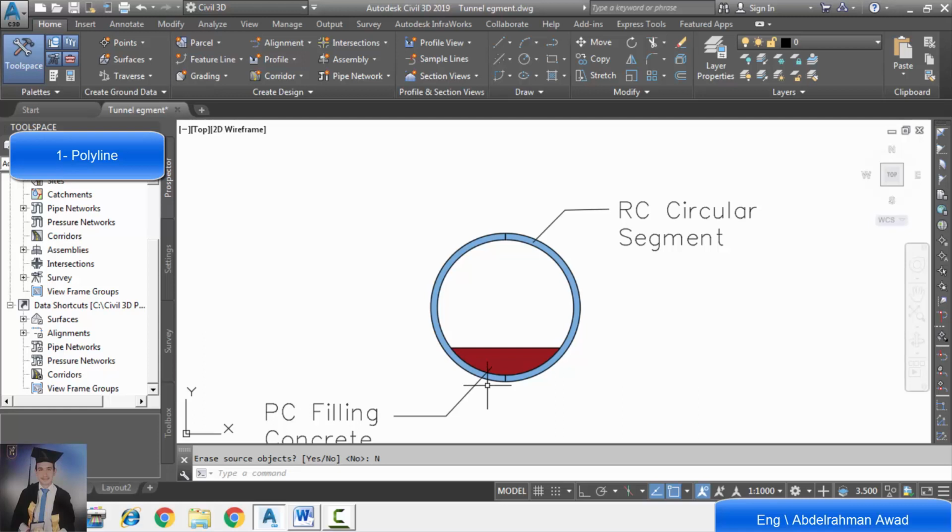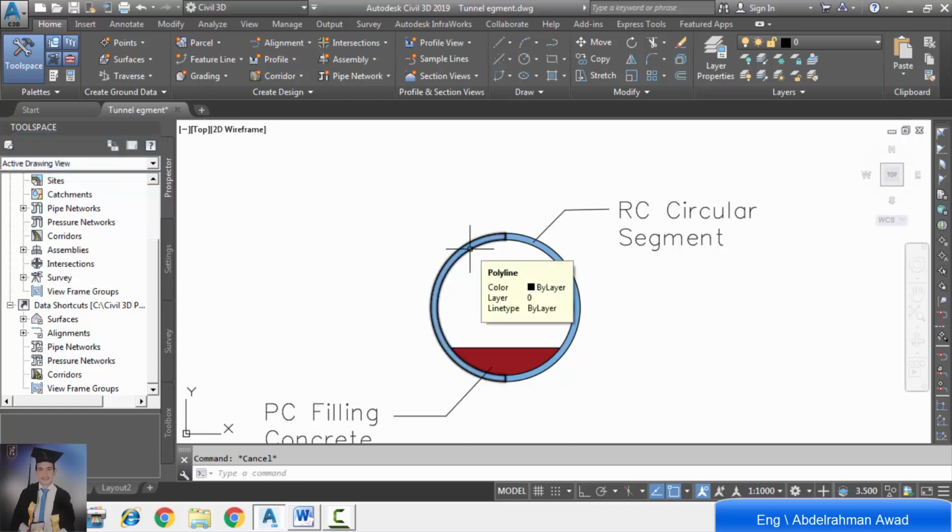So we ended the second step, which is drawing the line of the main component of the tunnel segment. We draw a polyline for filling concrete, and we draw a polyline for the right half circular segment, and finally the left half for the circular segment.